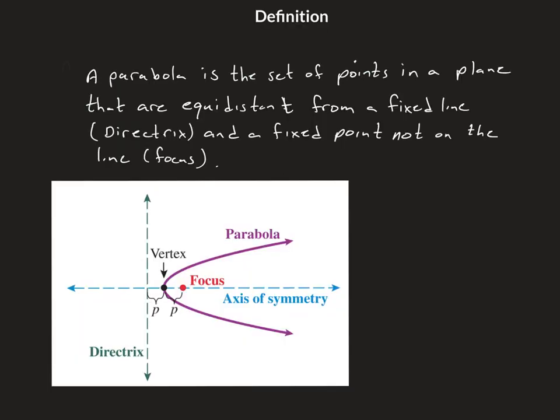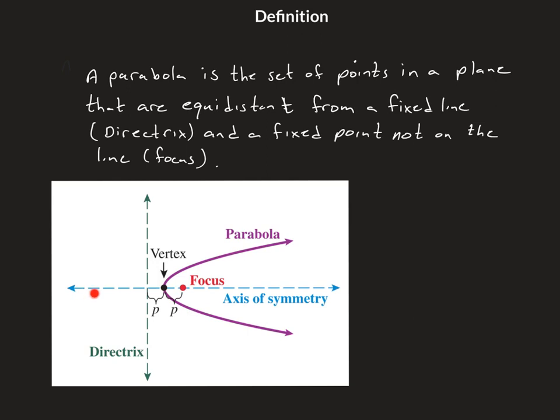Just a quick bit to review. This is a definition that we saw last time in 9.1: the definition of a parabola is the set of points in a plane that are equidistant from a fixed line called the directrix and a fixed point not on that line called the focus. So when we're looking at this,